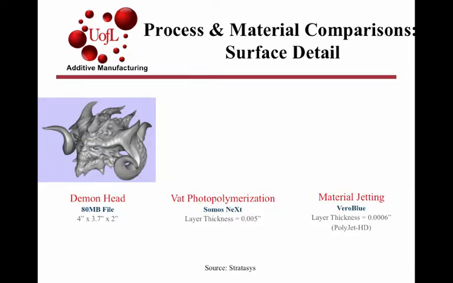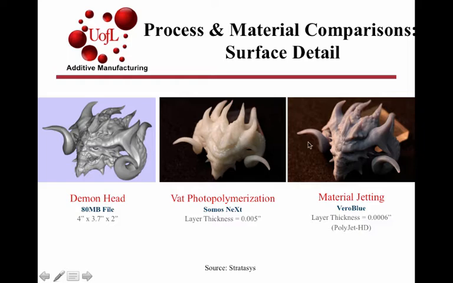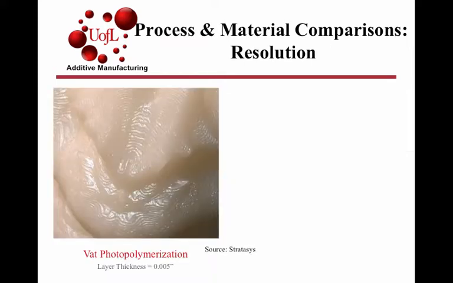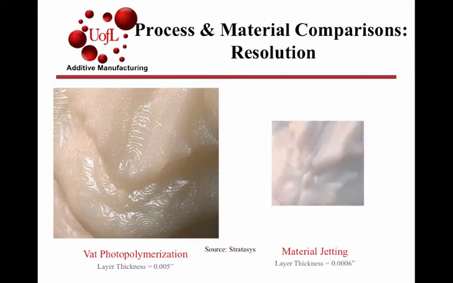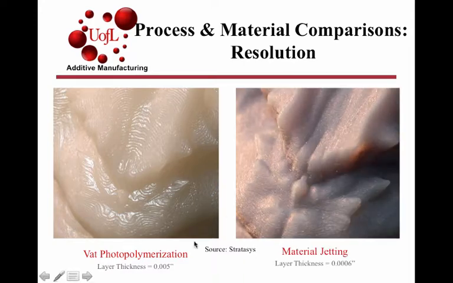Here's an example in terms of overall resolution. It was a demon head that was made by both methods. One thing that was portrayed was the material jetting method appeared to have a much finer resolution in detail than in the vat polymerization. When you compare these two materials, zoom into those regions, you can see that the process,